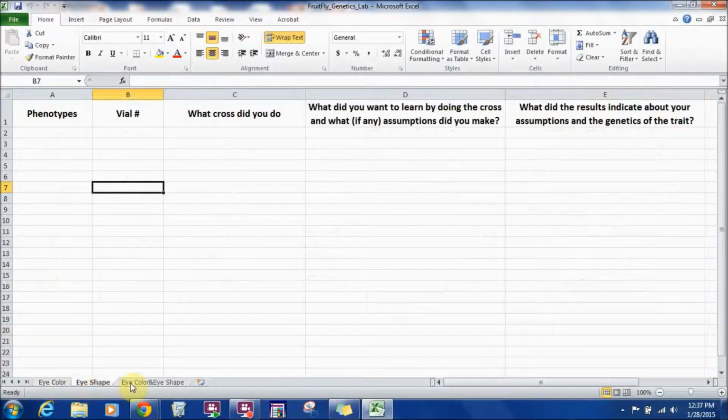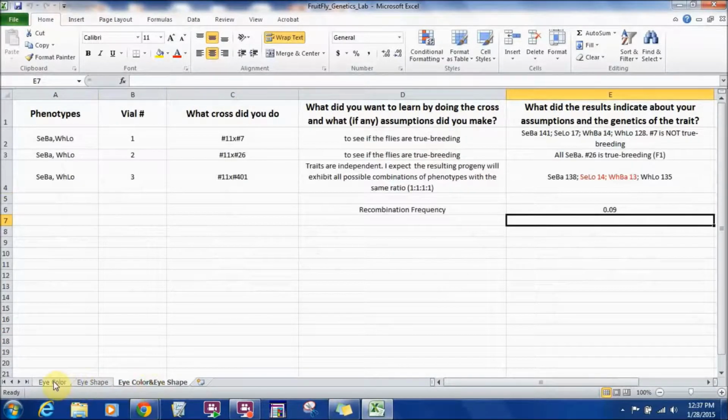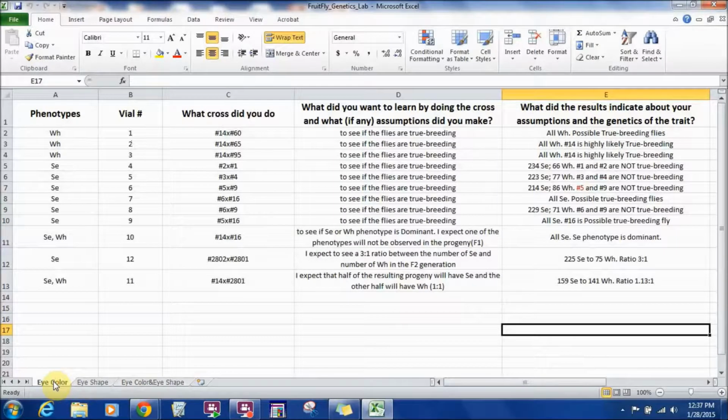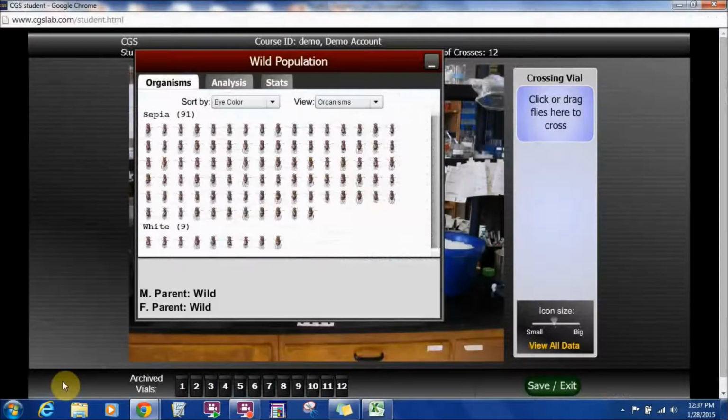I have eye shape, and I have eye color simultaneously. So, eye color. And I'll go back to my lab bench. So remember the Mendel experiments. What did Mendel do? Mendel identified the true breeding